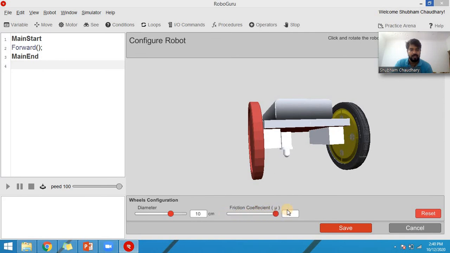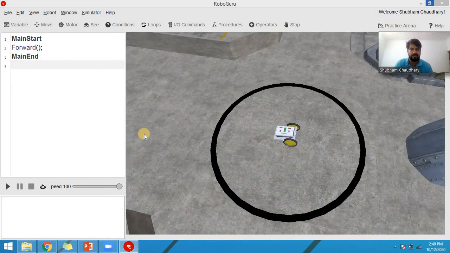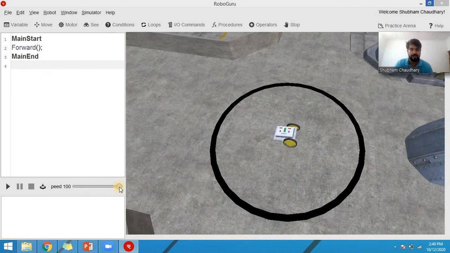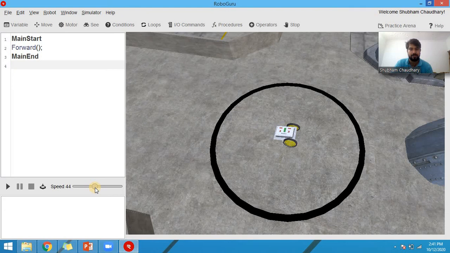Now you have to identify, there's a homework related to this. You need to increase or decrease this and check what happens. You have to decrease this to 0, click save. Now you should try different scenarios and identify what will happen. There's a homework related to that. Let me show you the homework.